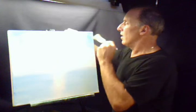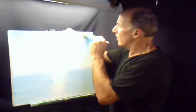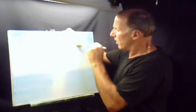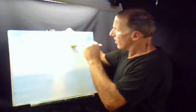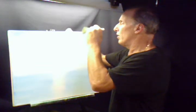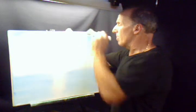Once you do that, you're going to take a clean 2-inch brush. We're going to leave the top edge alone because that's where you'll see the clouds are mostly the sharpest up there. Just kind of blend the bottom part in. Just barely lift up now. Go back to your fan brush. Load it up with some more liquid white,